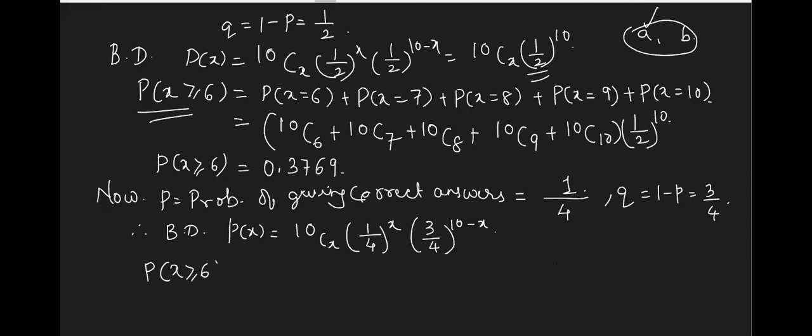Again, they want at least 6 answered correctly, so P(x greater than or equal to 6). Exactly the same thing will come, but the calculation is a little complicated over here, so I'll give you that as work. Has anybody completed? Just write down the question; the answer is 0.019. Just check whether you get this or something different.